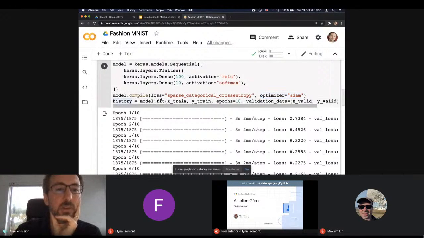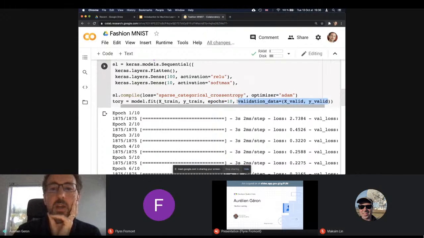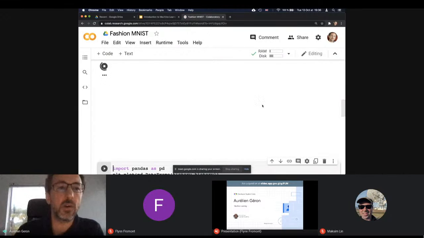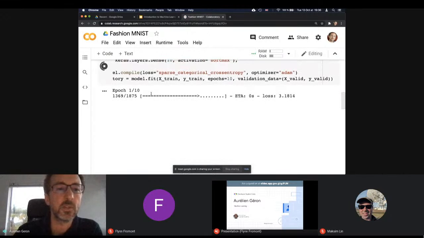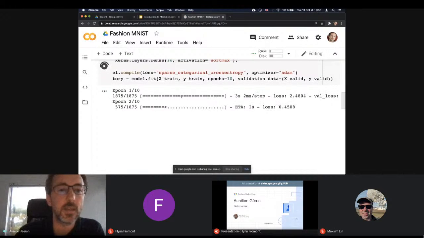All right, and once you do this, you can just call model.fit, give it the training data, the targets, say how many times it should look at this data and go through it, and give it the validation data. It's not going to use this in the training algorithm, it's just to display how good we're doing on the validation set as we go. So let's go ahead and launch training. So here it goes. It's going through all these steps.